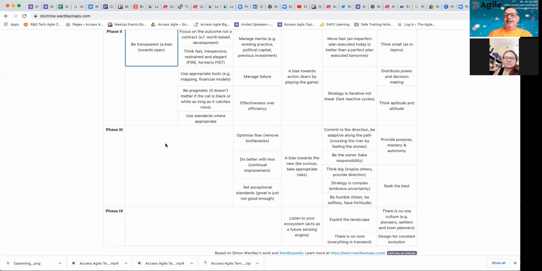And then in phase 3, you've got your communication set up, you've got your development set up, you've picked your basic topics, and we've done a little bit about that by using Meetup here. So we're saying Meetup's going to do all the tech, so let's not worry too much about the tech. Phase 3 is optimize flow, do better with less, and set up exceptional standards. So we're trying to raise them. I don't feel we're doing that just now. I'm not worried for October, but that's definitely something I'd really like to get into, say from December 2021 going into February 2022. I think we could automate a lot more of the things. We've got a very manual process at the moment.